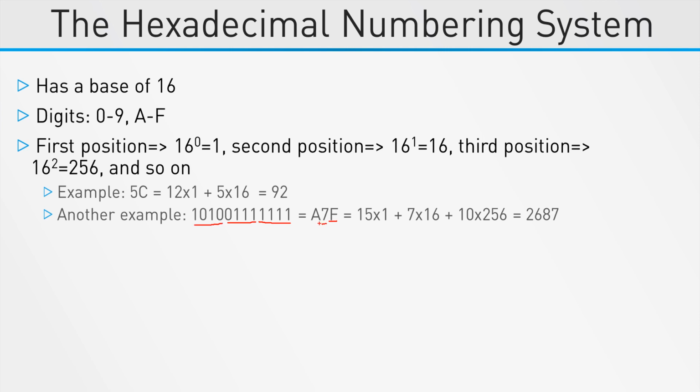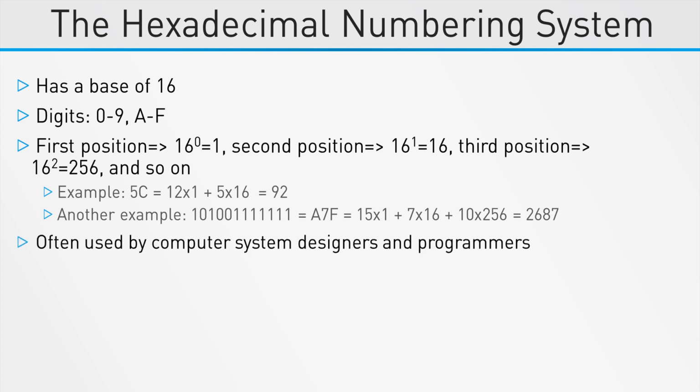If we convert that into decimal now, so 15 multiplied by 1 plus 7 multiplied by 16 plus 10 multiplied by 256, we will get 2687. This numbering system is often used by computer system designers and programmers as it provides a more human-friendly representation